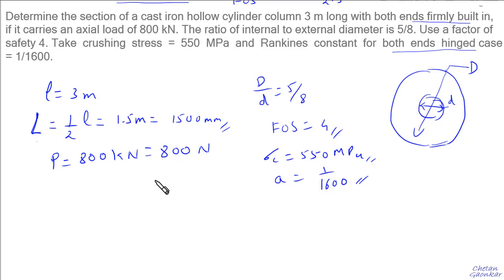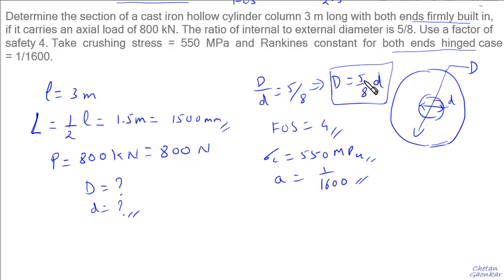Determine the section means basically we need to find the value of capital D and the value of small d. So here first of all what we can do is from this ratio say capital D is 5 by 8 times small d. Wherever we find the capital D, we will substitute it as 5 by 8 times small d, so that our unknown remains only in terms of small d everywhere. Okay, so for example, if I want to calculate now I, the moment of inertia for the hollow circular cross section is always pi by 64 outer d to the power 4 minus inner d to the power 4, which will be equal to pi by 64 times